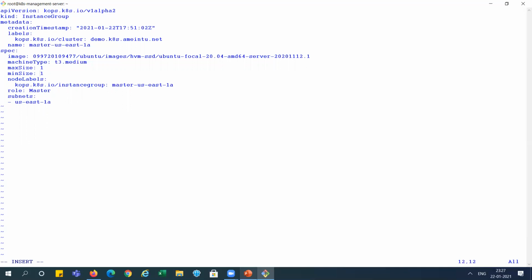Here you can see the maximum size of the master node is 1, and minimum size. We can increase the size also, and based on this it will create the systems. Again, you can see it is using T3 medium, which is chargeable. For demo purpose we can take this one, it will be a little bit slow, but we can work on a POC, all those things over here. If we deploy those things here, the automatic deploy will take some time to reflect on the Kubernetes side. So that is okay for this demo purpose, right? So I'm taking T2 micro, right?